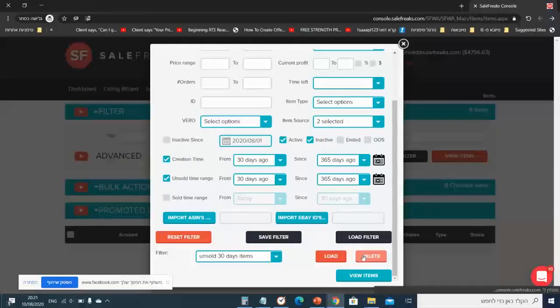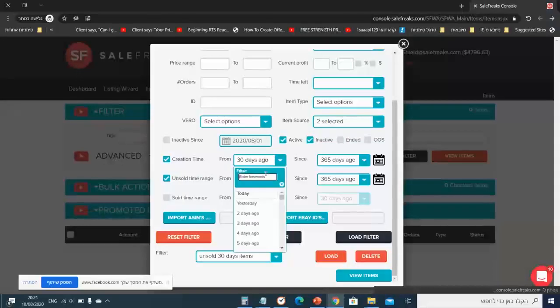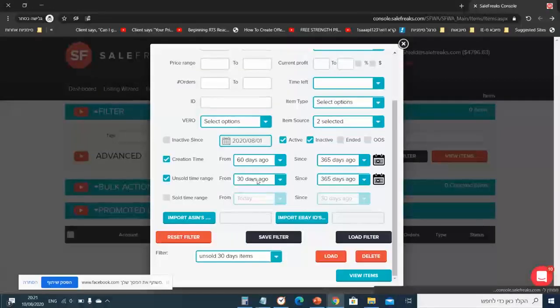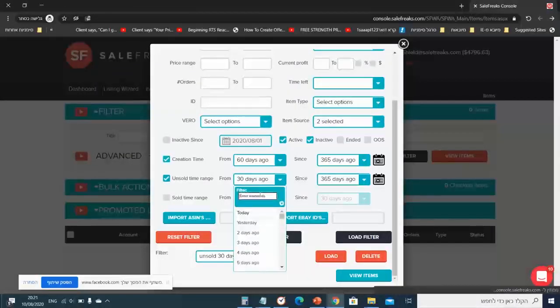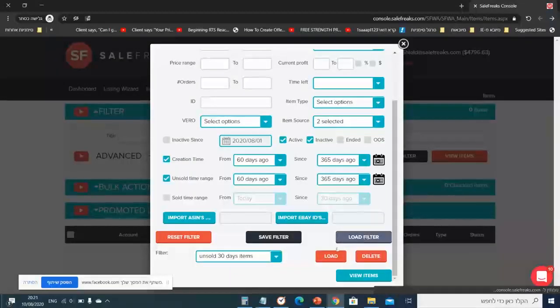Okay, and since I said that we're doing it in 30 days jumps, the next jump will be items that have been created from the last 60 days until the last year, right? And then I can say filter and call it unsold 60 days items,